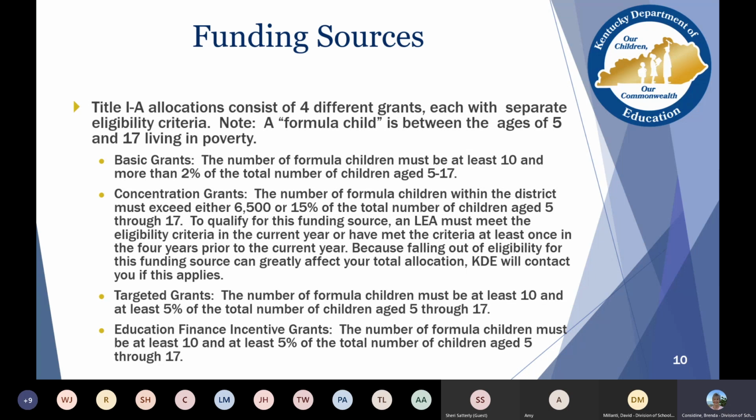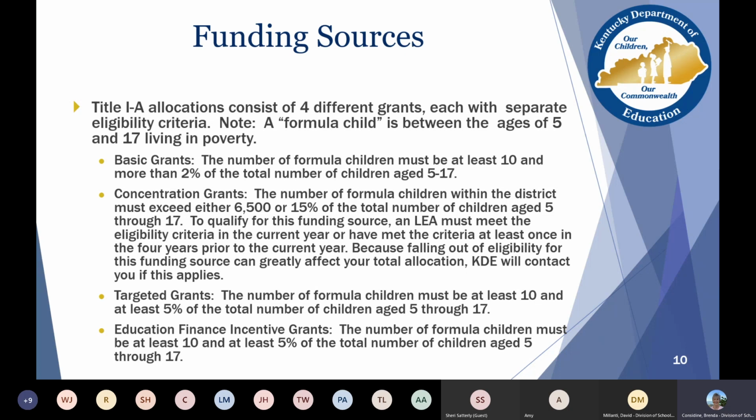I always thought that Title I was one big pot of money, and it is, but it is actually 4 different grants that make up the allocation. And each of those have their own eligibility criteria. And so you have basic grants, you have concentration grants, targeted grants, and the Education Finance Incentive Grants, which is EFIG.